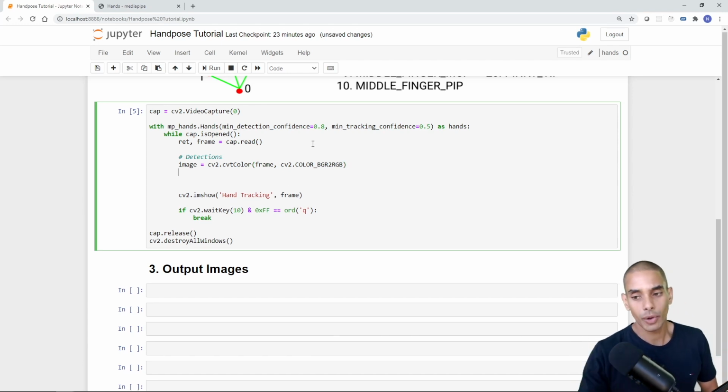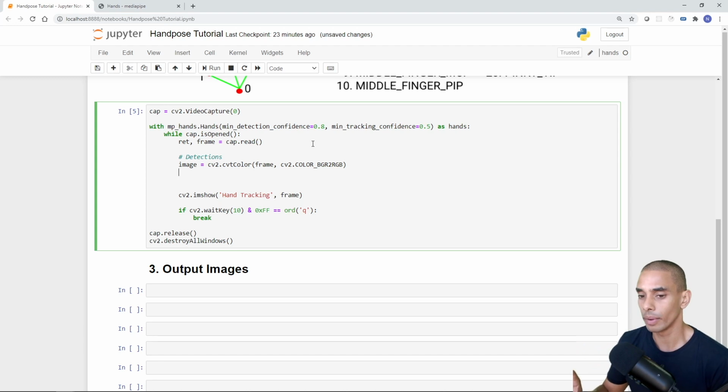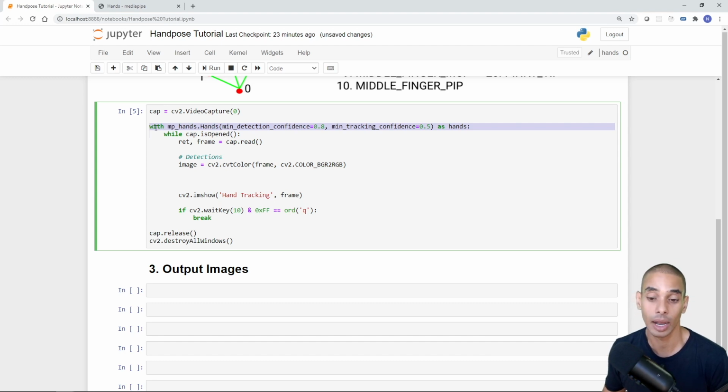All right, so before we go any further, let's actually take a look at what we've got here. I've written 2 new lines so far, but before we go on, I wanted to take a little bit of a break. First up, we're instantiating our MediaPipe Hands model. We're going to be using the with statement. So with